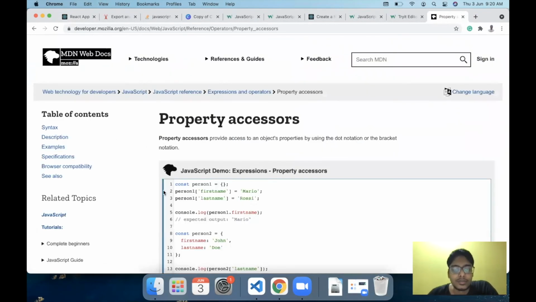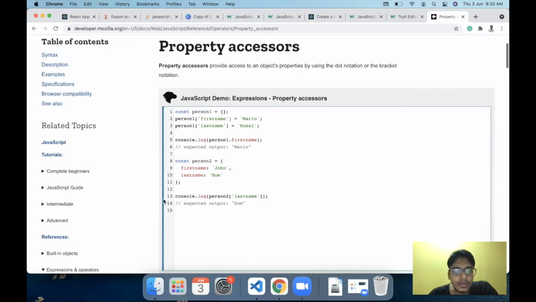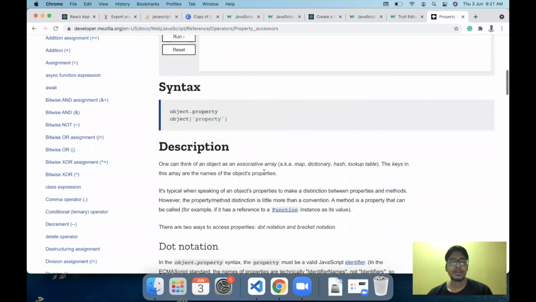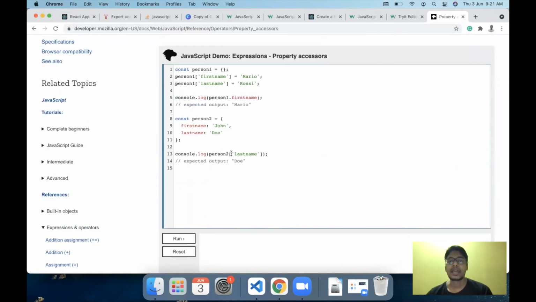I think empty and doc should be good enough. So this is what I was talking about. Let's say we have a key here or some variable which I want to print out. If I go with the dot notation like this, dot first name, it will print out the values. But we have another notation which is called bracket notation, within which we can specify a string value or a variable value. And even in that case, the output will remain the same.